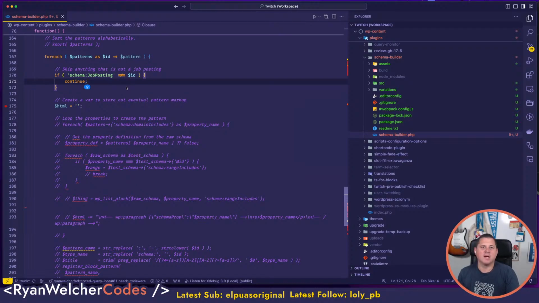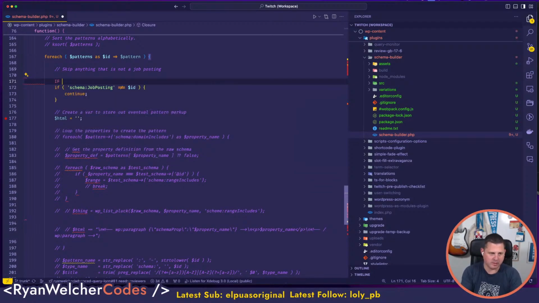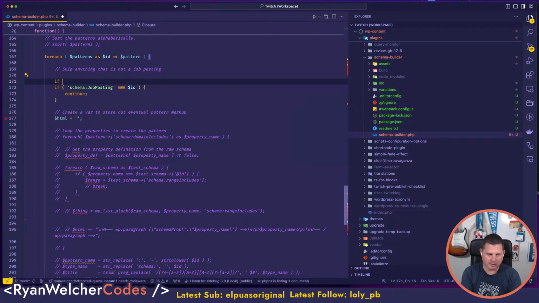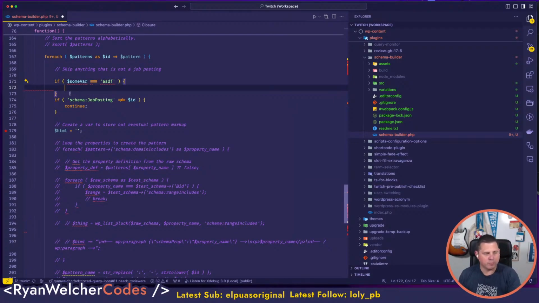Yes. I know, I'm the same way. I have done it like this since forever. Now the reasoning behind it I think makes sense. So if you were to do this, right? If, oh, caps lock. If, you know, if you wanted to check if some var is equal to true, equal to 1, or whatever, equal to this string, right? You could do that. Now, the reasoning behind it is if you accidentally did that,